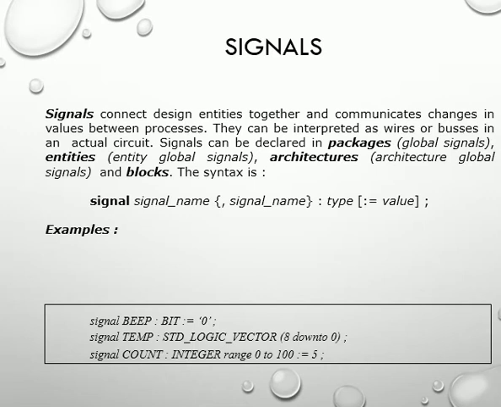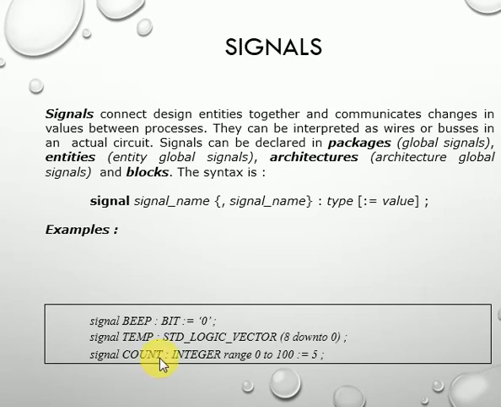If we look at the difference, the major difference is that a variable updates itself instantaneously, while a signal has a certain delta delay. It is very short, but it has a certain delay for updation. Okay, and that is the difference between variable and signal. So this is about the data objects that we are using in VHDL programming.